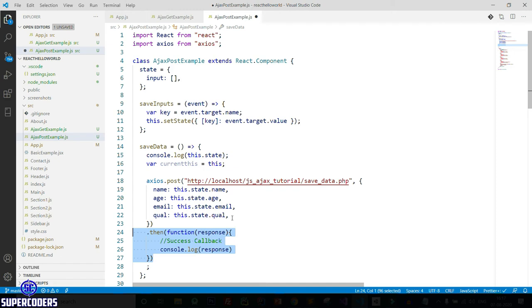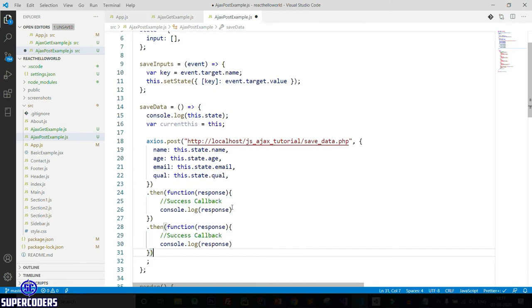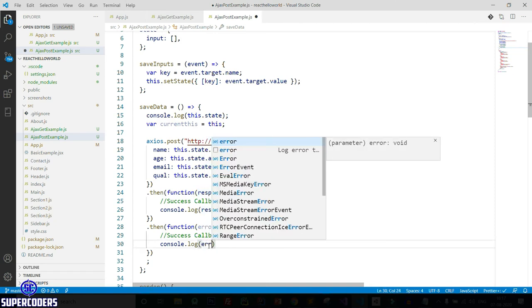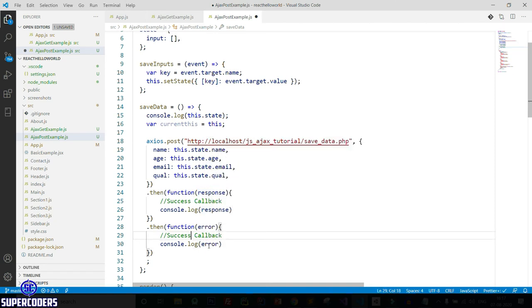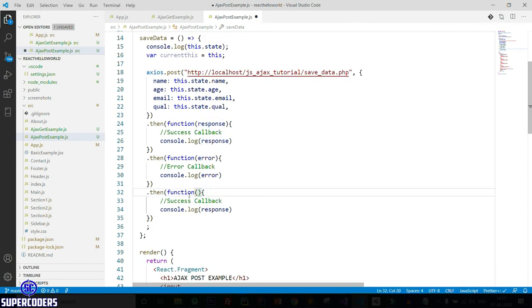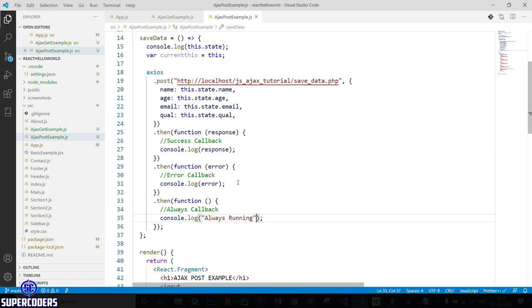Again copy this, paste here, error, error callback. Again, always callback, always running. Save it. Now let's try to send data to the server using the post method.